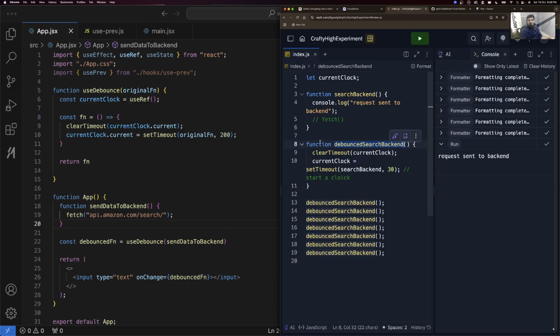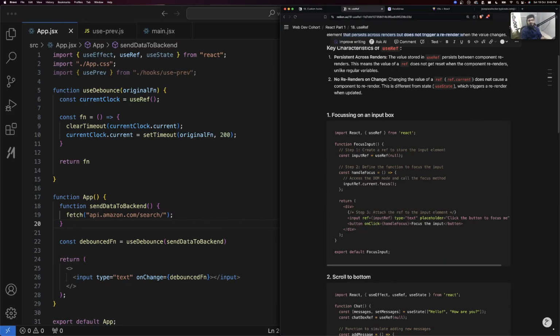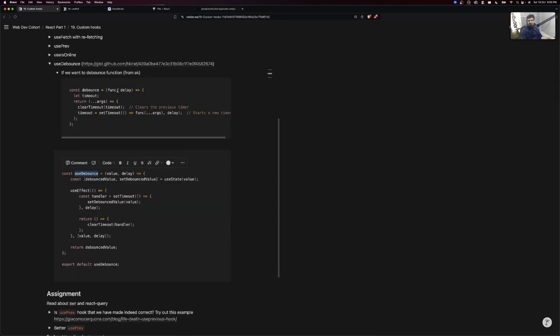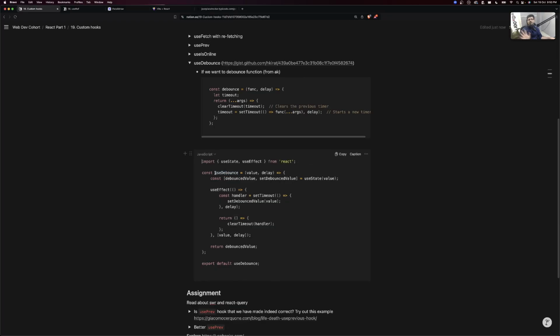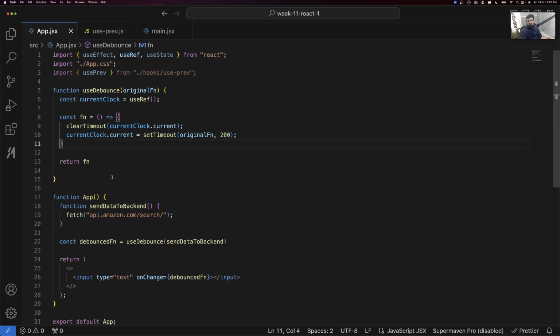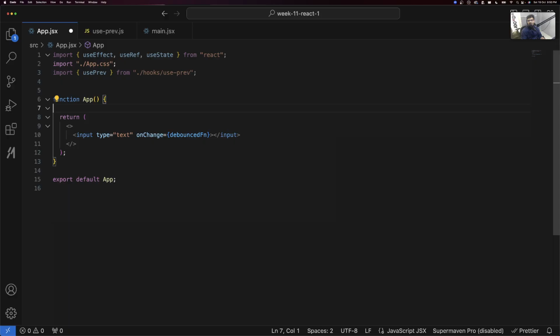The use debounce hook that we see over here is slightly different. The use debounce hook in the slides is slightly different. Let me take you guys through it. It does something else. It says that whenever there is a state variable that changes, I repeat, let me get rid of everything. This one's important, so bear with me for 5 more minutes. Whenever the user is frantically typing, typing very fast,